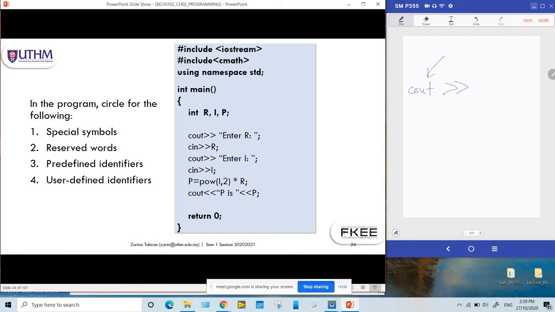Cout is a C++ instruction for display. Okay, cout. When you use cout, it must be followed by this operator. This is an operator. Okay, apa nama operator ni? So the name for this operator is